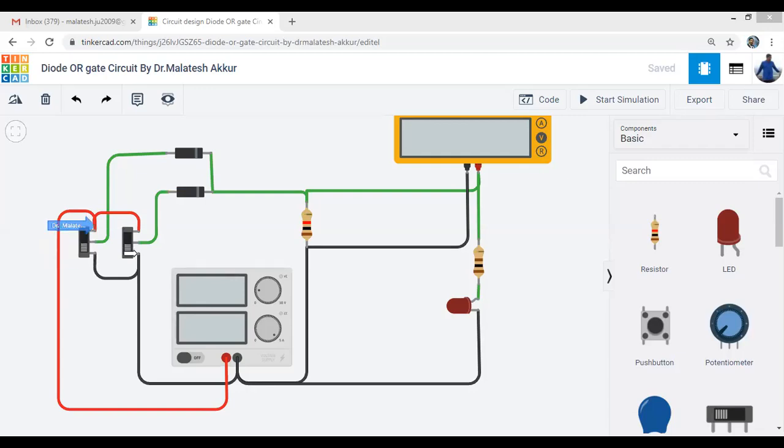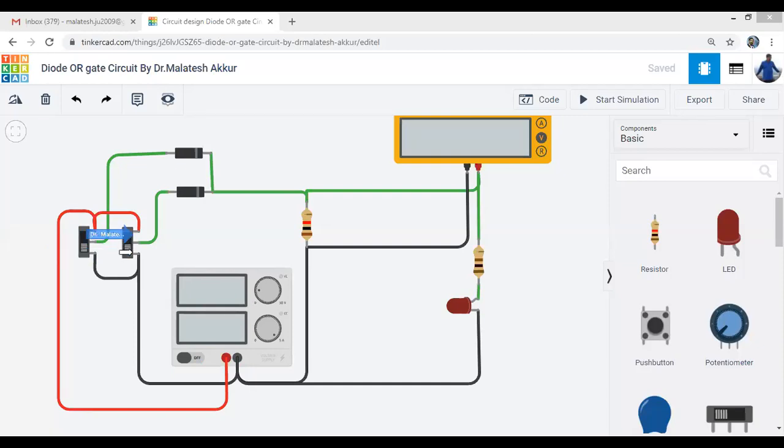For this switch, this is 0, this is 5 volts, because the RPS positive is connected to here as well as here. This RPS is set to 5 volts, so it is equivalent to a constant 5 volts here. This is connected to this point, and this point is connected to the negative terminal of the power supply, which is equivalent to ground or 0 potential. So this is 5 volts potential, this is 0 potential. Depending on the switch position, I can apply either 0 or 5 volts.